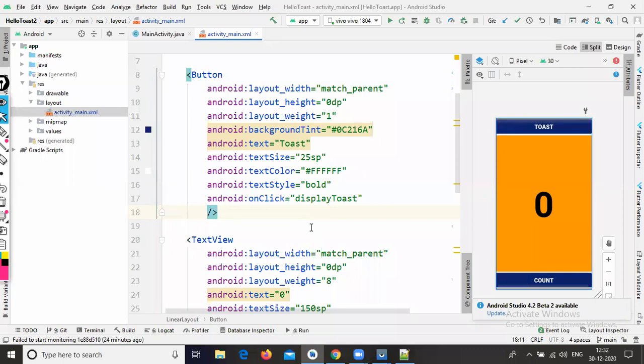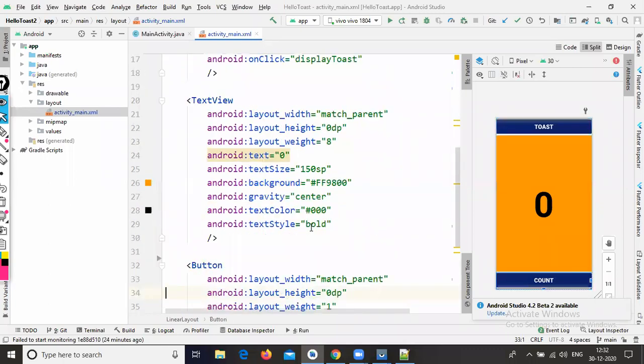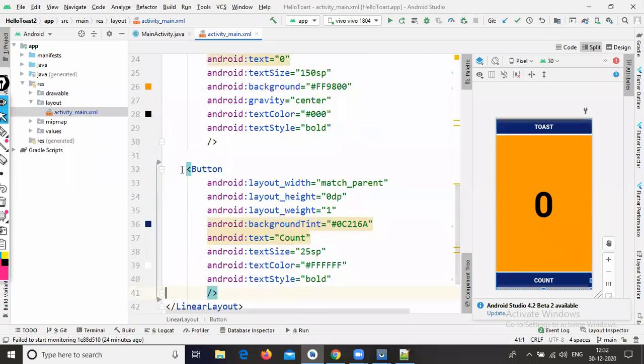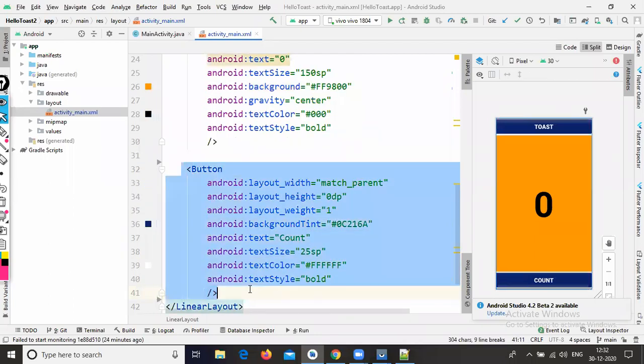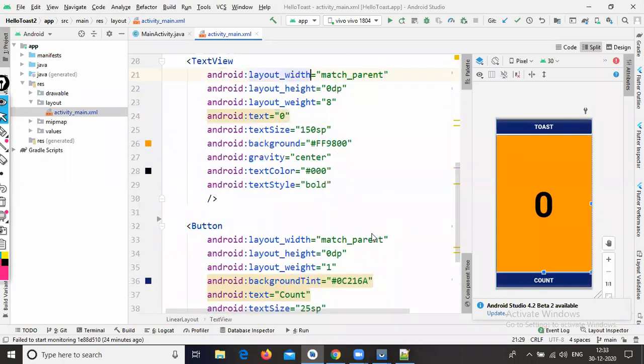So now we need to implement the IDs for the text view and the next button. So that is for count. So you need to implement the IDs for the text view and the count button. First of all, I want to implement the ID for the text view.